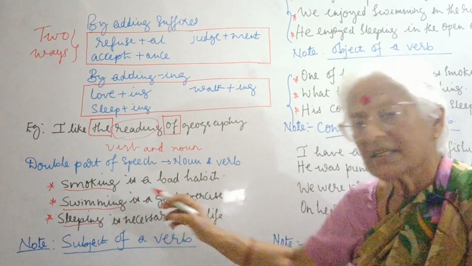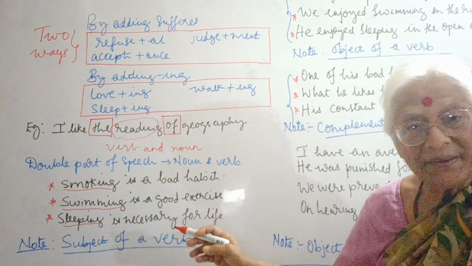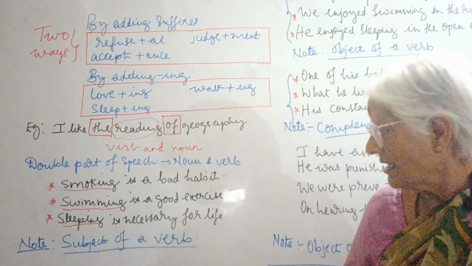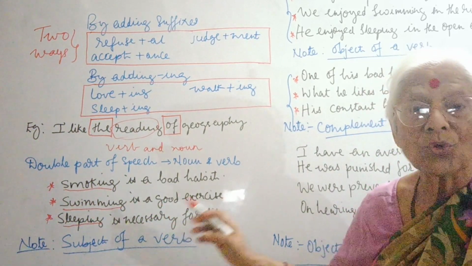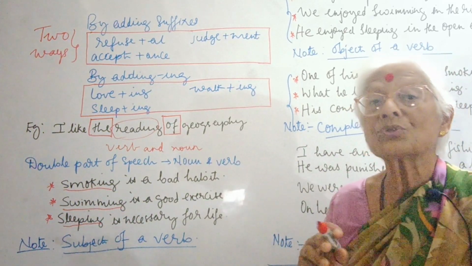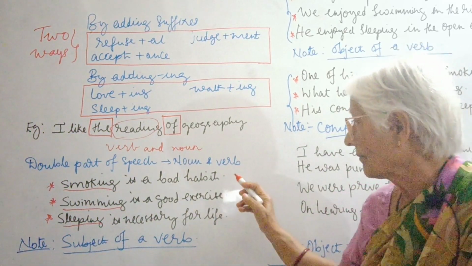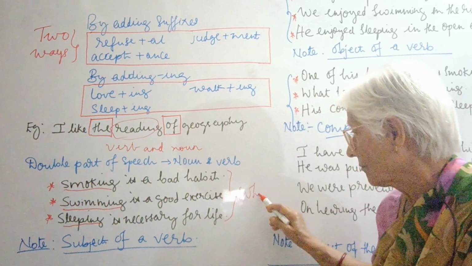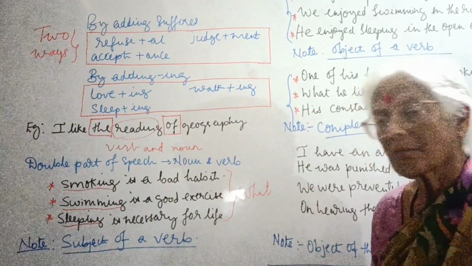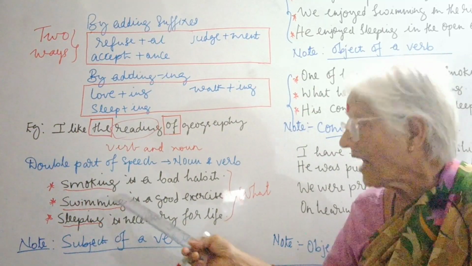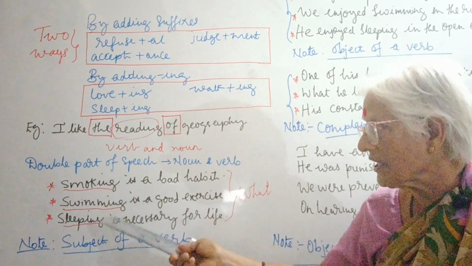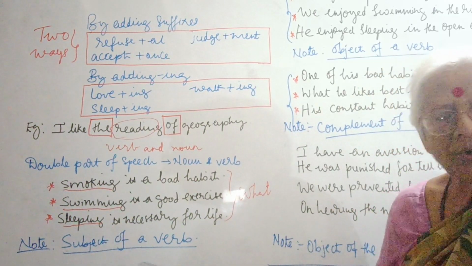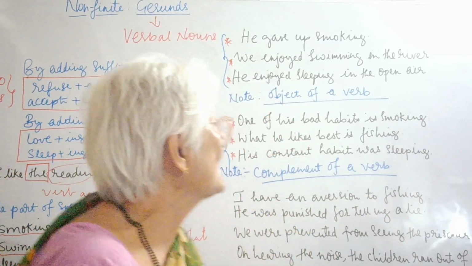So all these are gerunds. They play the role of a noun, and here they are used as a subject of a verb. So always remember, for a noun we use the question what. And here they start with the beginning of the sentence. So all these verbal nouns are used as a subject of a verb. Okay, right. Now let's go to the next example.